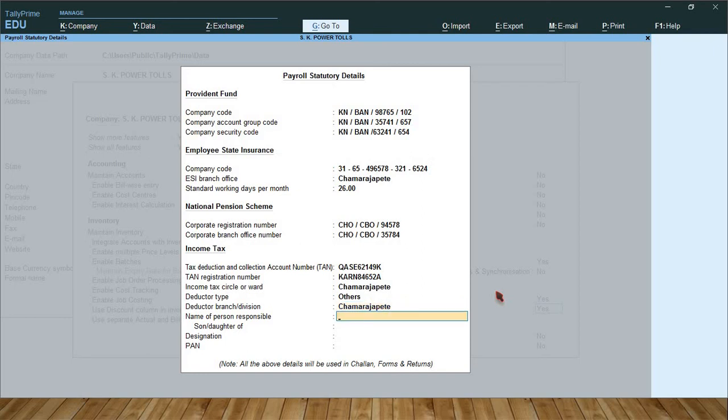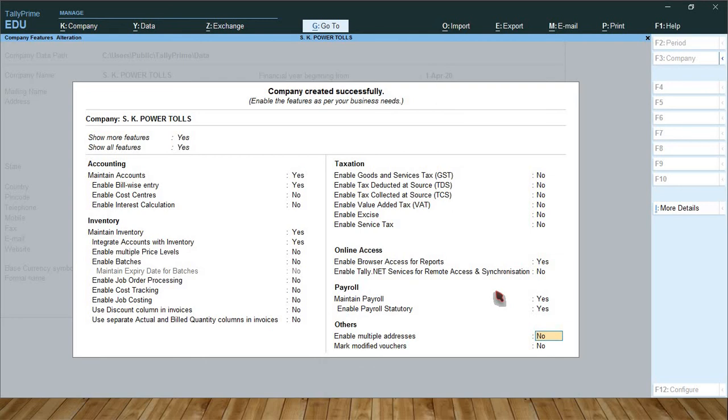Name of person responsible, Raviraju SD, son of TK Durgegowda, designation CEO, PAN ASDFG 12345, sorry, 4 alpha K. Okay, so accept all the things.